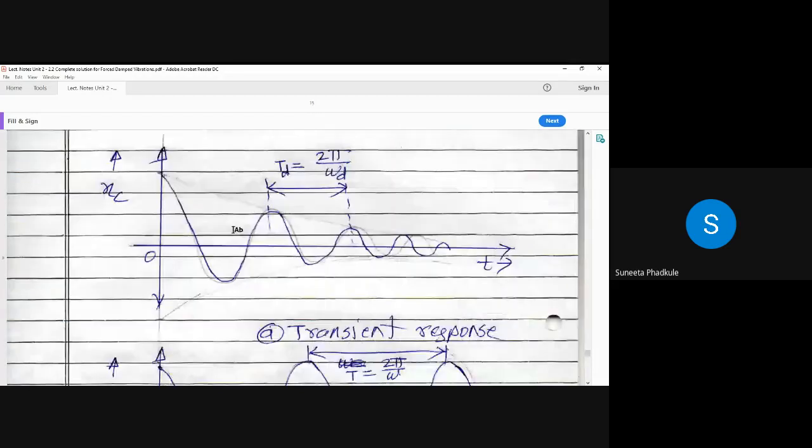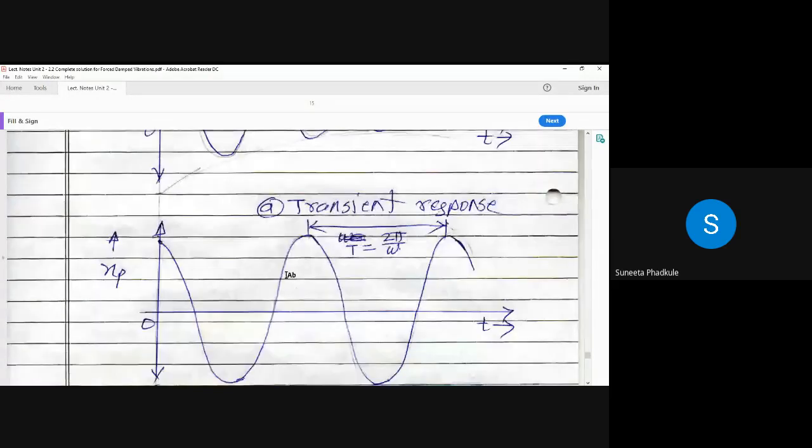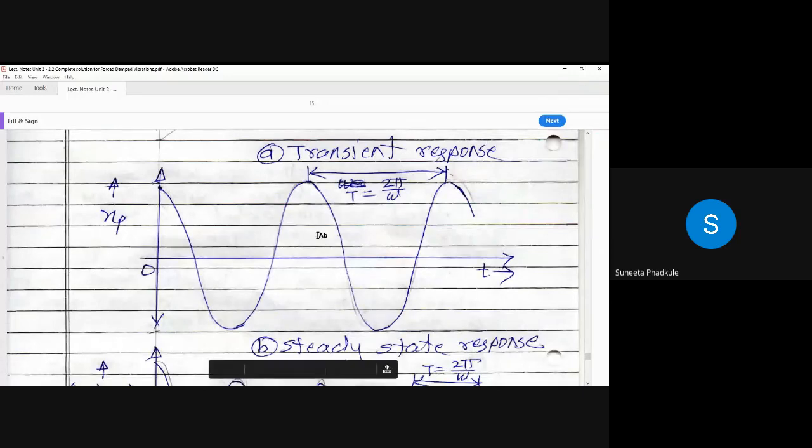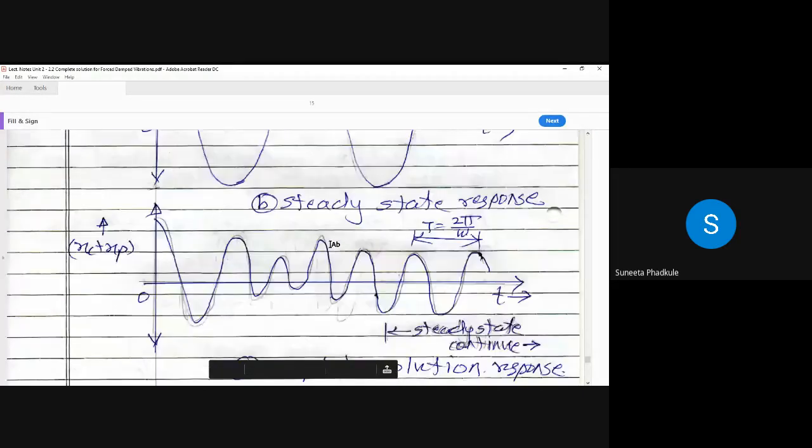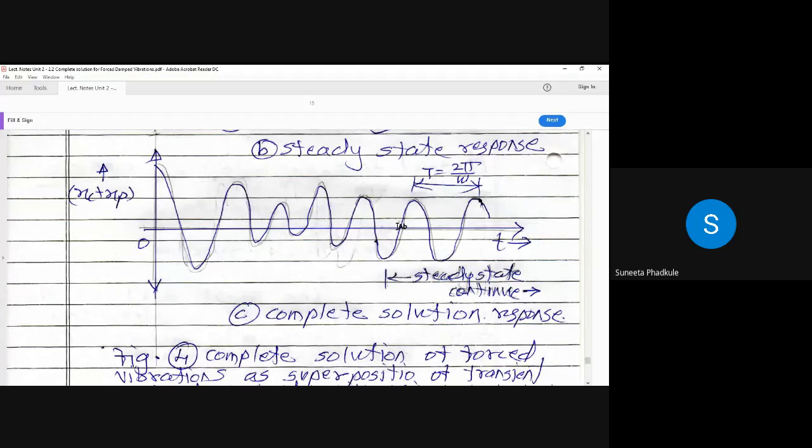This is xc versus t. That is the damping. Because of the damping, vibrations are dying out. That is always known as a transient response. Then this is the steady state response, which is equal in magnitude, and finally this is the addition up to a certain limit, so up to certain seconds. That's why any motor will take time to come to the steady state. Even in heat transfer, you have conducted the experiment and you have seen that it takes some time for the system to come to the stable position. So from here the stability starts.